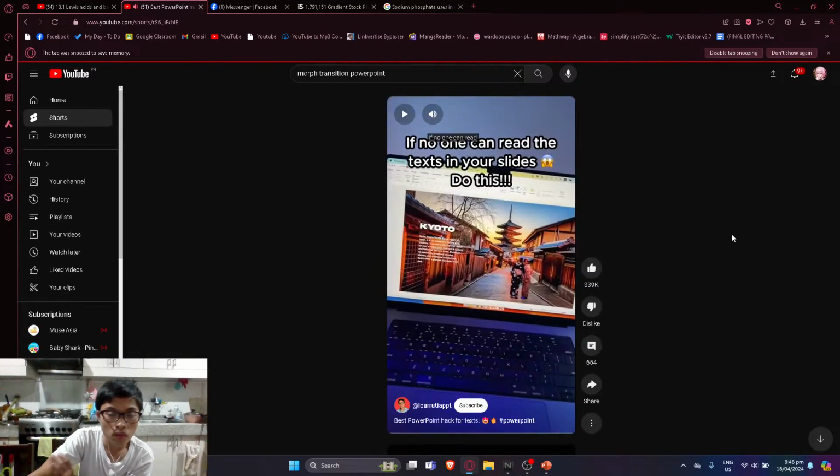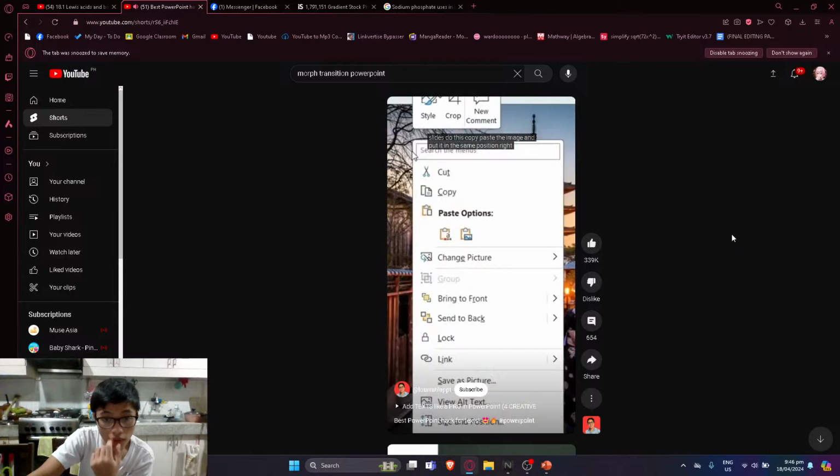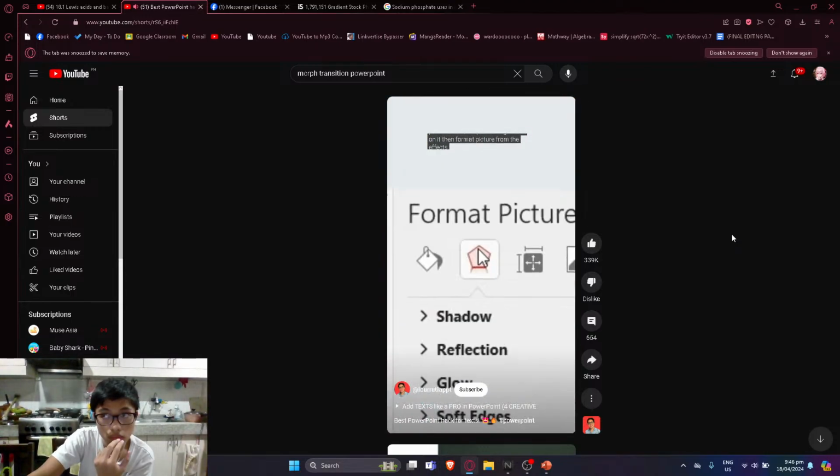If no one can read the text in your slides, do this. Copy-paste the image and put it in the same position. Right-click on it, then Format Picture. From the Effects panel,